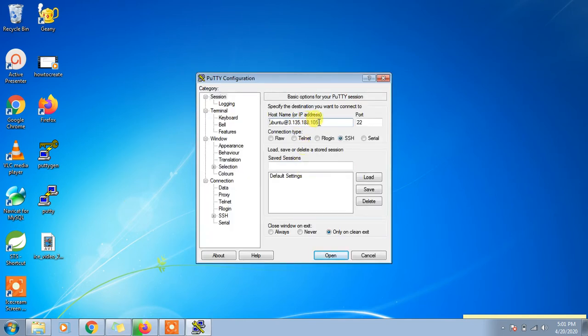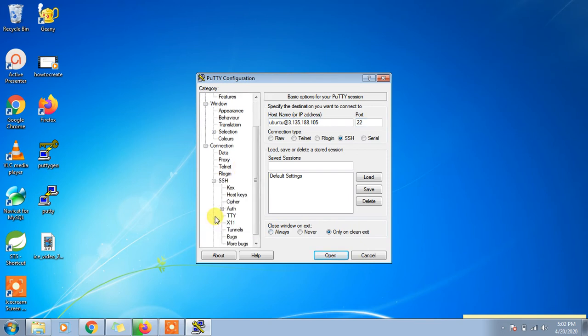Here we have to provide the host name with the username: username at your IP. I'm going to save this. And we always use the default port 22. After providing these details, you have to go to the SSH tab.